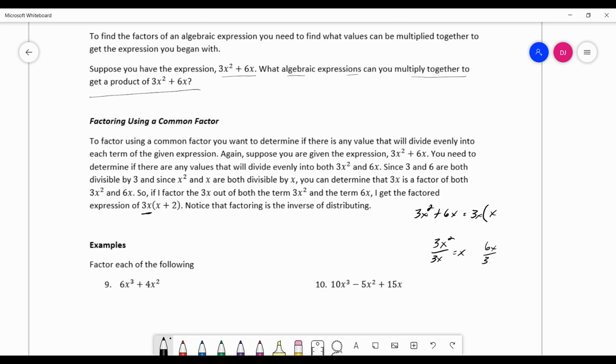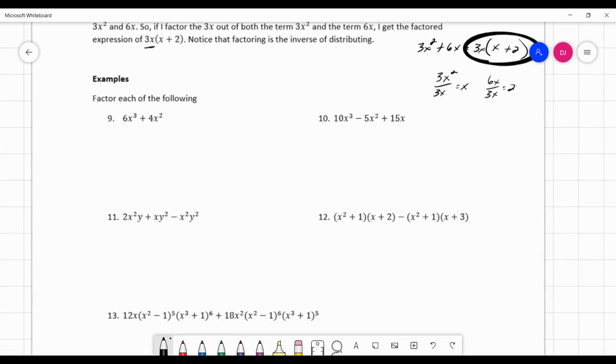And from the 6x, I can divide that by 3 and I would be left with 2. We're undistributing. We're taking that 3x back out of each of those two terms and we can factor that. We're kind of going in reverse. Okay? So in number 9, we want to look at what factor divides evenly into both 6x cubed and 4x